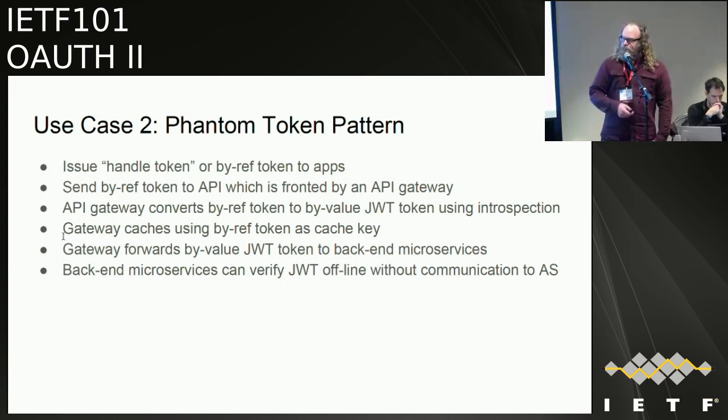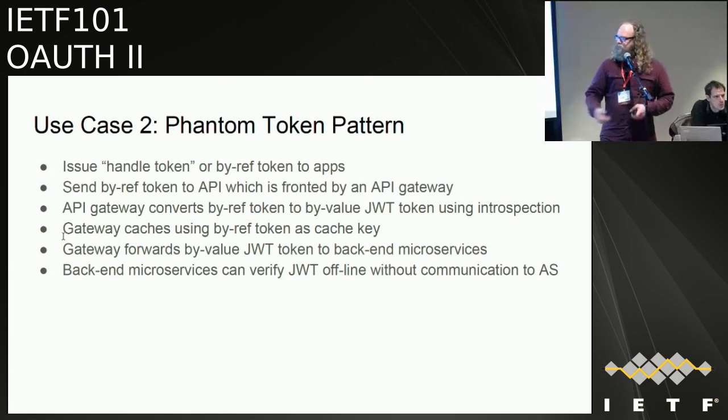So the phantom token is about an app that's out in the open. The app requests an access token, which we call a handle token. There's no data in it. Once the app is ready to make a call to an API or to a backend, to a resource server, and it presents that token, there is an API gateway in the middle. Very often, that's what we see, and that gateway takes the responsibility of introspecting that token with the